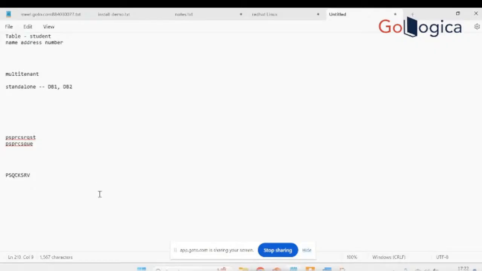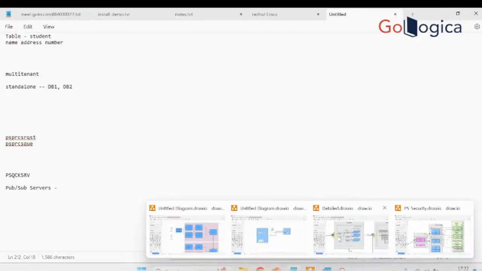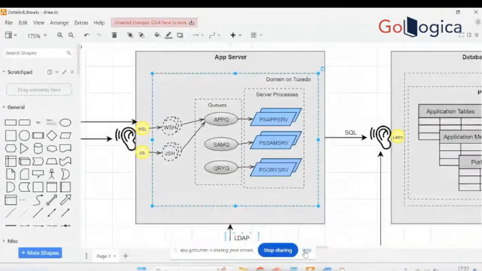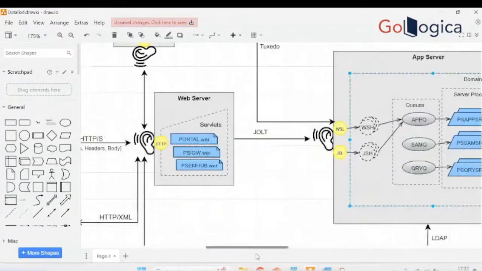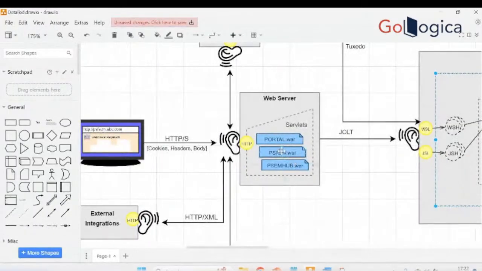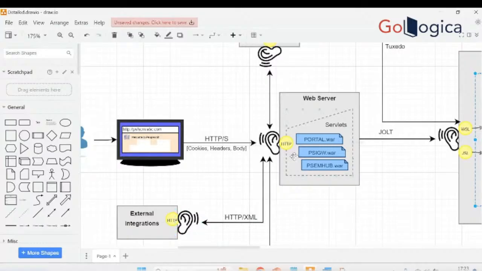Then we talked about these pub sub services, right? The pub sub servers are related to integration broker. If you go here on the web server, you have this psigw.war, which is your integration gateway. So all your integrations which communicate through the web server,